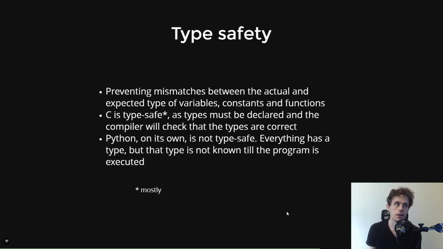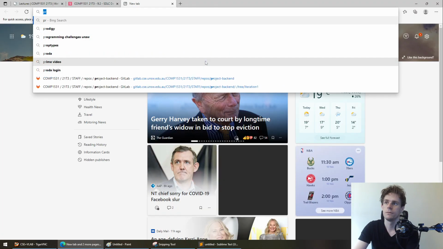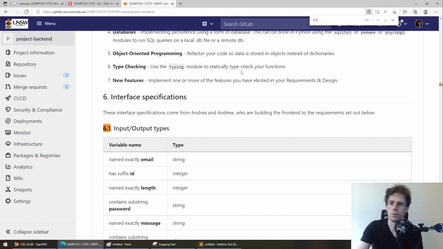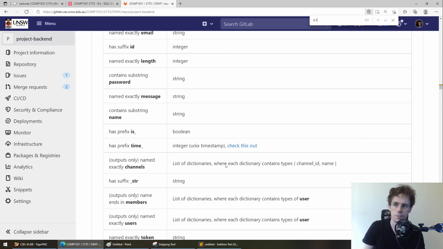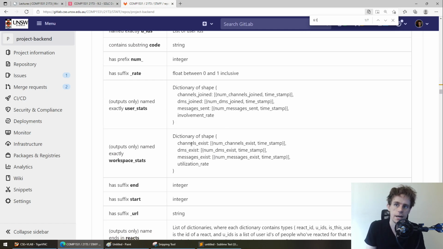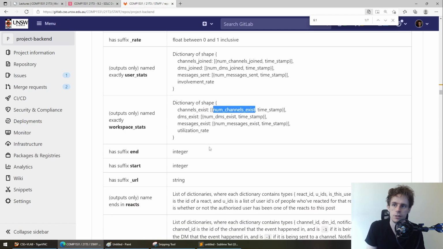If you think about a language like C, for this project, we could have given you the structs. Think about the data types in the spec, right? We could have given you 6.1. We could have given you the data types here. Workspace stats is this, which is a list of this, and so on.